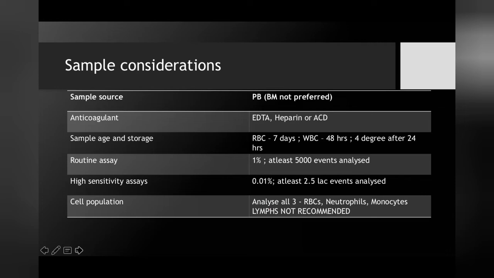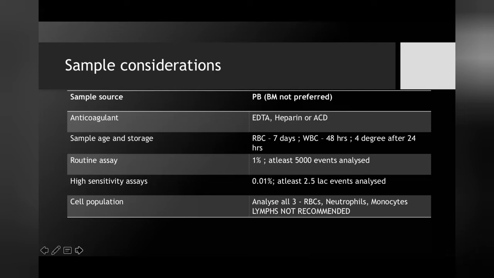Now, there are 2 types of assays which are done for PNH. One are the routine assays, which are simply done for diagnostic purposes in routine labs. There you need a cutoff of approximately 1%. So out of the total events you have gated, if 1% of the cells are showing GPI deficiency, you can diagnose a patient as PNH. But the other type of assays, which are commonly used nowadays,